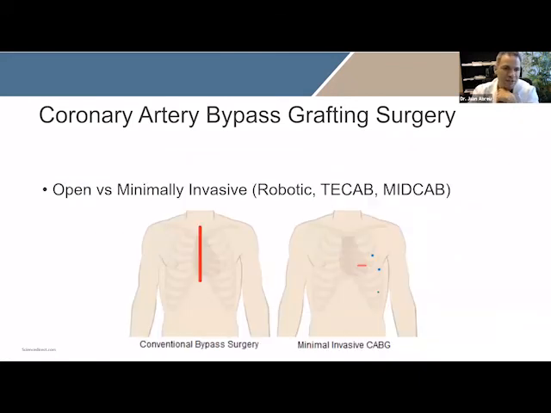Now, what are the approaches that can be done? This can be done through what we call open heart surgery or conventional sternotomy. You have the sternum here. We will make an incision here. We will open up and your heart will be sitting right behind it, okay? And we will make the connections with the cannulas or whatever configuration we decide. That is one way to do it.